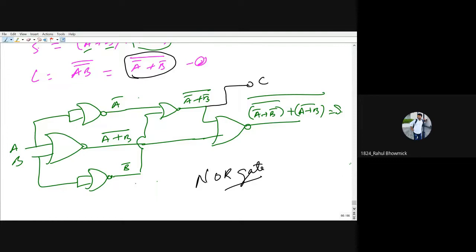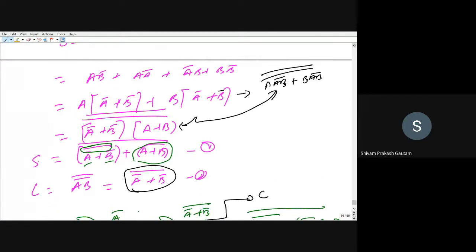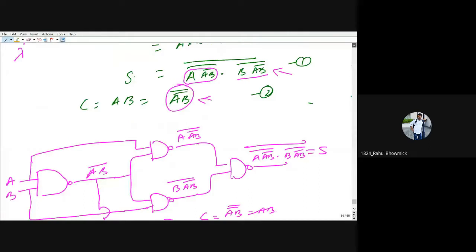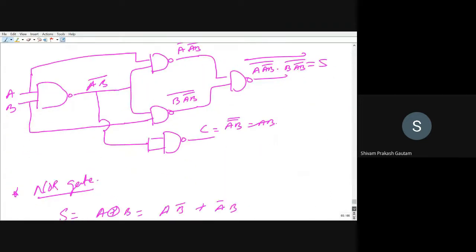So basically, if we put double complement in the first step, we will use fewer gates now. Basically, what you're saying is, in the first step, if we use the double complement in the NAND gate, yes. This one? Yes, sir. Instead of writing A bar and B bar, if we directly use double complement in the first step. So you are saying this, right? Yes, sir. This one only. So let us draw this as well.